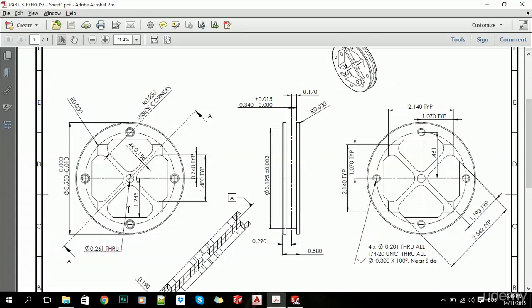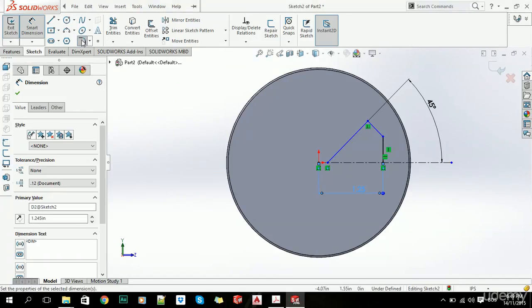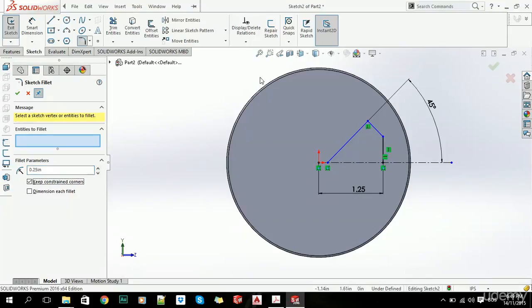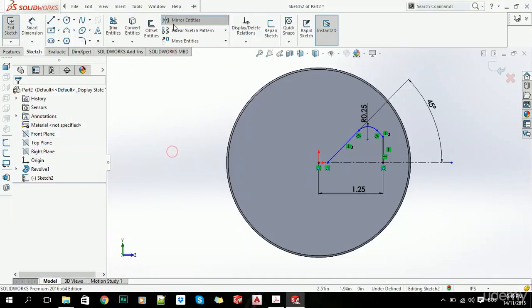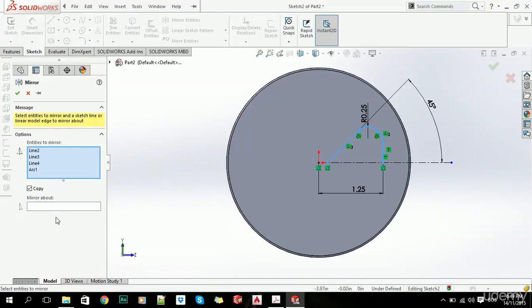It's 0.25, so we have it there, and let's say 0.25. Click on that, click OK. Now let's just use mirror entities to mirror it,